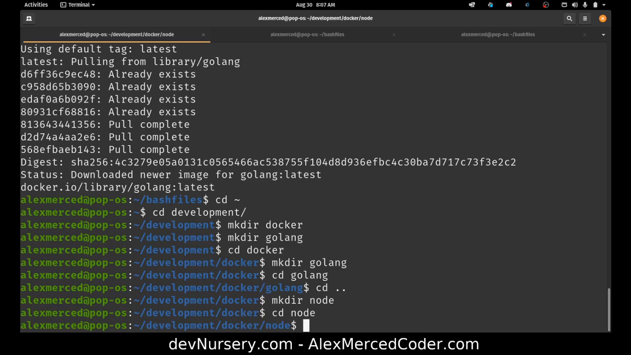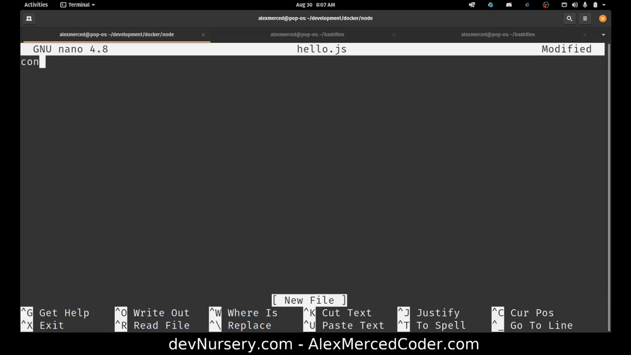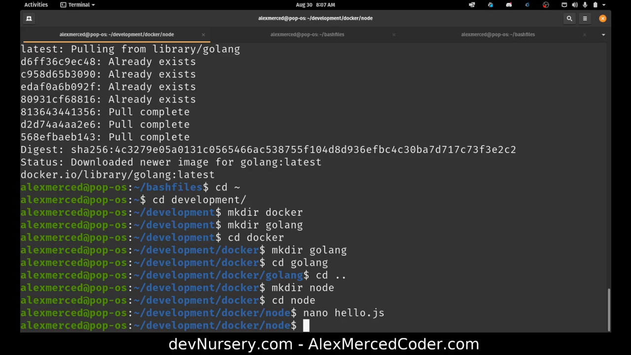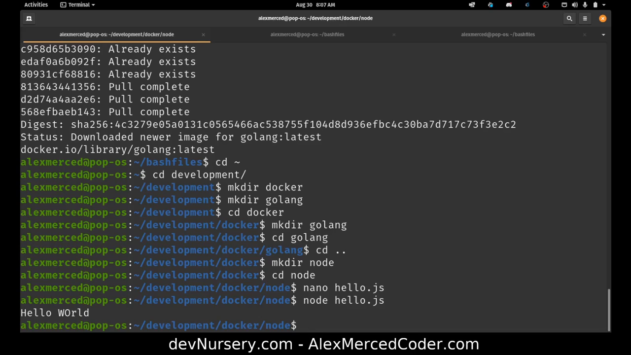I don't even need to bother with nano. I can just do what I did before. So let's just grab that command from before. Nope. Okay, fine. So let's do nano hello.js, and we'll just do a console.log hello world. Now I could just run the file, so node hello.js, but that assumes that I have Node installed on